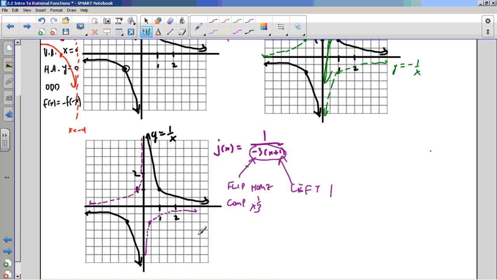Now, this isn't my final graph, right? This is the graph y equals negative 1 over negative 3x. And then I needed to move this whole thing left 1. So when I move things left 1, the vertical asymptote moves left 1. And all the important points get moved left 1. And then I get my